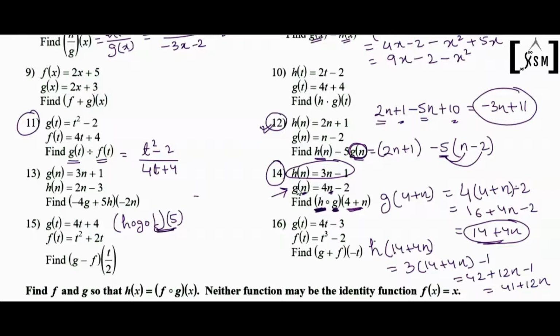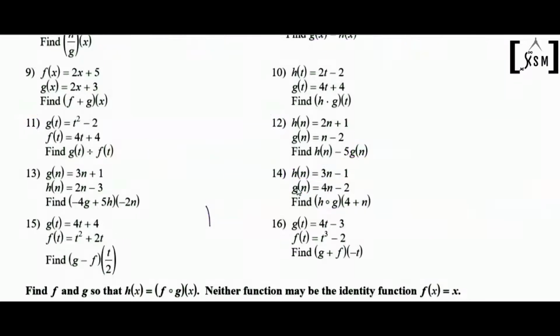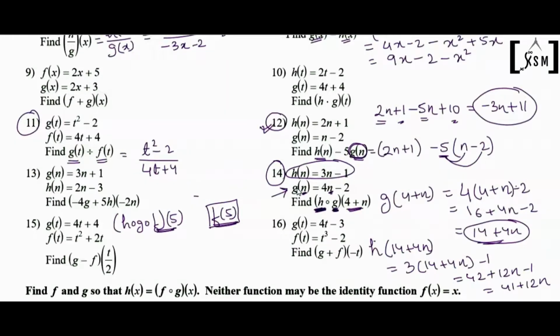Using any function f, we'll have to find the f5 value. After finding f5, we will plug this value into the g function. Please understand, guys, the f5 value will plug into the g function. Whatever we get from the g function, let's say we get the answer a, this value will then plug into the h function. I hope it makes sense.